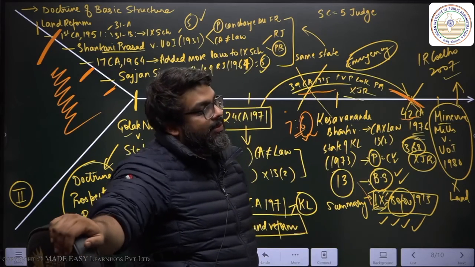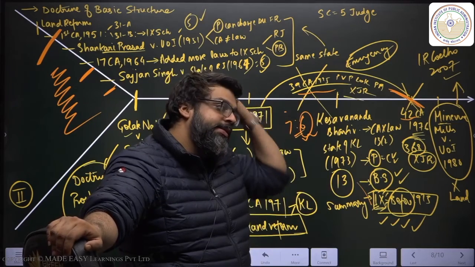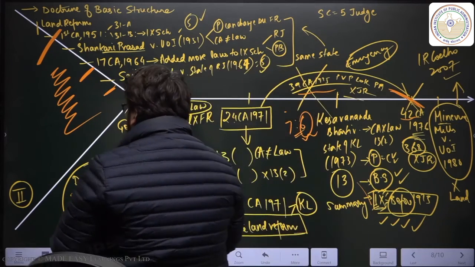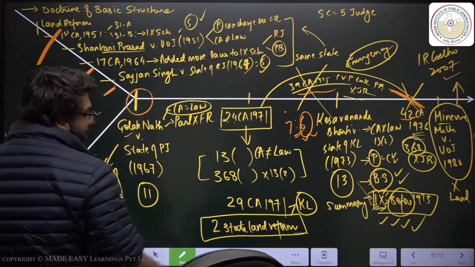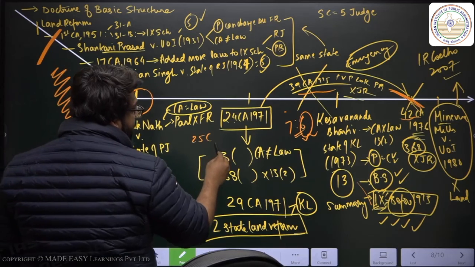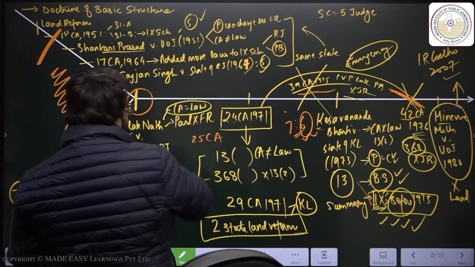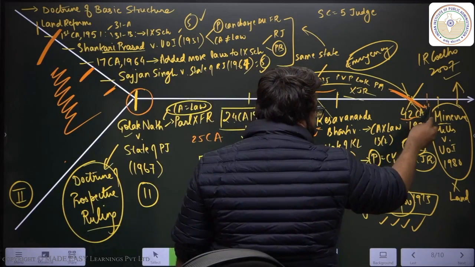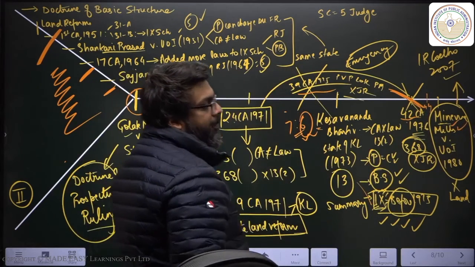This is the basic structure doctrine. This is the basic structure case. So now, when we study plot number 2 tomorrow, we'll start from here. It will merge here. We will have the 25th amendment which will be added here. Kesavananda Bharti is also going to have an effect on plot number 2. And then the 42nd amendment, then the 44th amendment, and then Minerva Mills. A few things are going to be added.